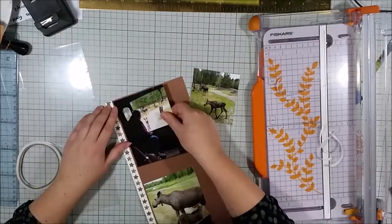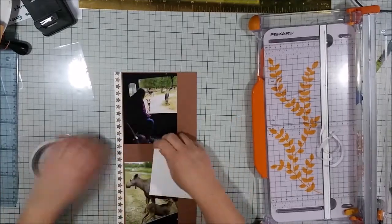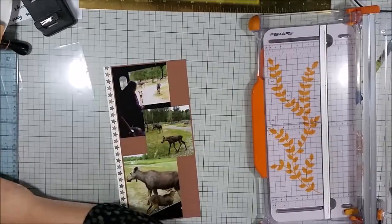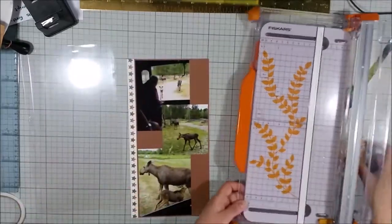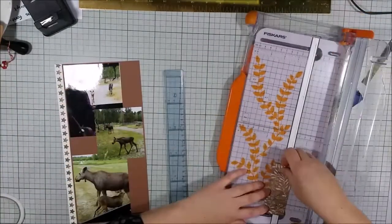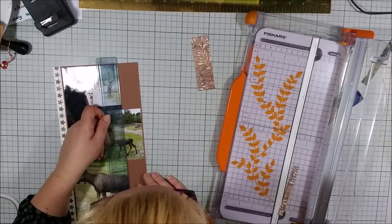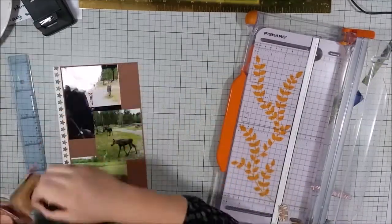Right now I'm working on the second 12x6 page, and that is a photo. You can see my mom there looking out through the back window of our carriage at a little moose calf, and then there are 2 photos of the same calf. He is feeding from his mother, and then it's just a photo of him walking on the grass. And I'm going to do the same treatment with the leaf wood grain in the gaps that I have left